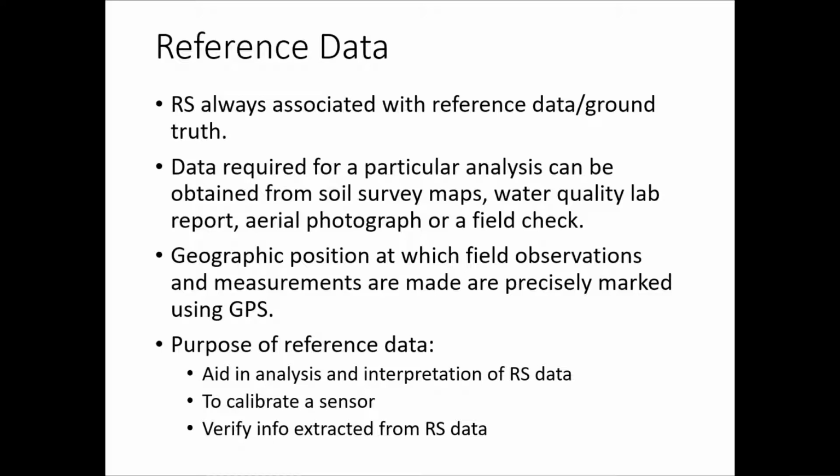Suppose you are collecting an aerial photograph, and at one location you saw a particular feature, and you assume that particular feature is something. Maybe you observe some greenery, a canopy you see, and you assume that it is a coconut tree. But how do you make sure that it is a coconut tree, or some other particular feature? How do you make sure of that?